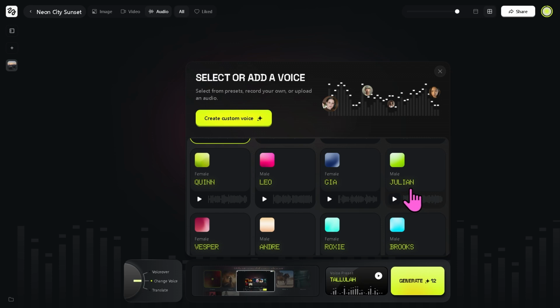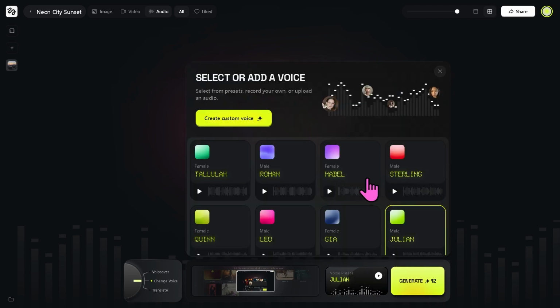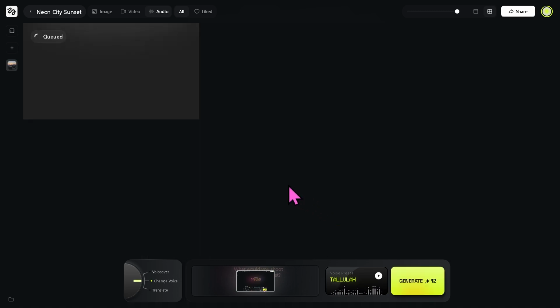So we're going to choose maybe Julian for male and click the generate button. It requires 12 credits, so we're going to choose the one that doesn't require too much credit because this is only for tutorial. Now I'm going to choose Tallulah and click the generate button. What will happen is the video, if it has an audio or a voiceover, it will automatically change it to the Tallulah voice preset. This may take a little while depending on the duration or the length of the video